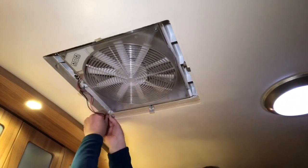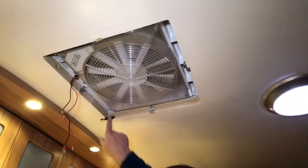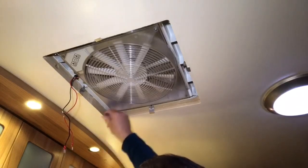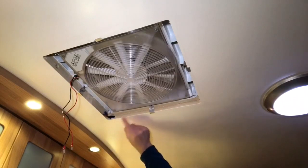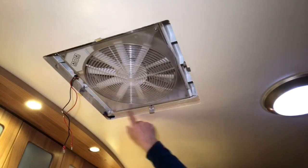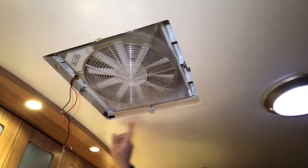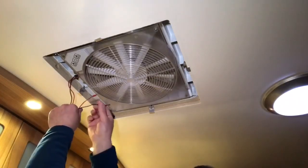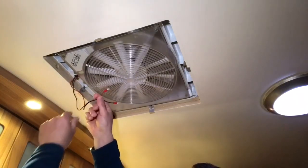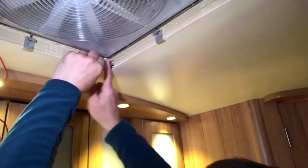Disconnect from my loom. This is my wiring loom, which goes into the ceiling trunking. The ceiling trunking is just behind these trims. It runs here, and it runs straight through to the other side of the Caravan. These terminal spade connectors were already on the wires. I'll pull the wiring loom through a little bit,